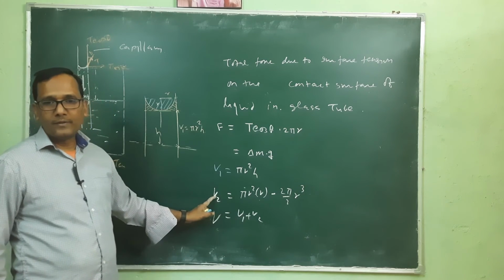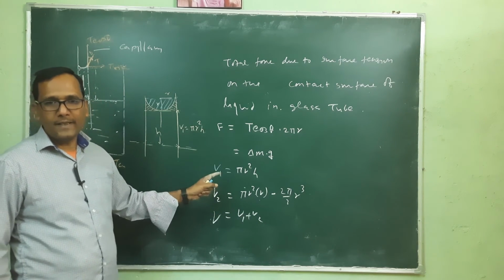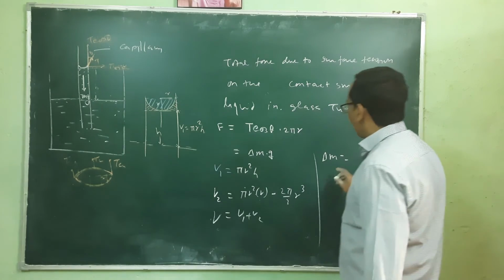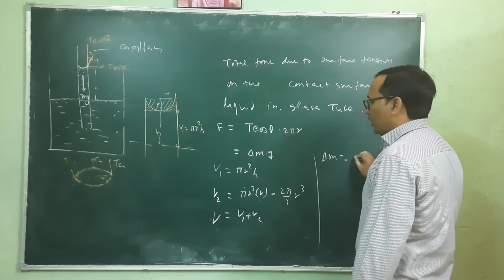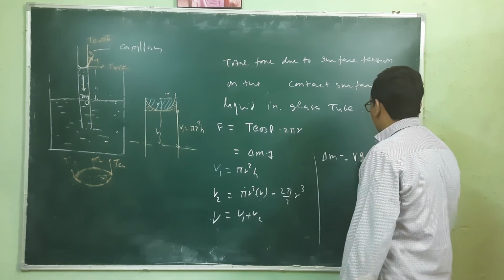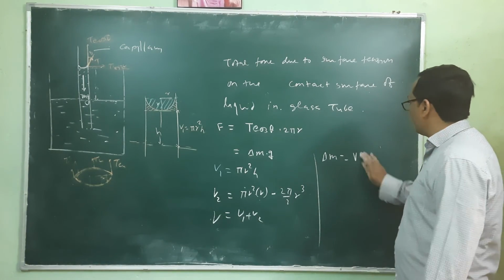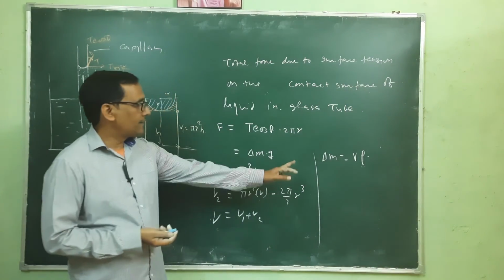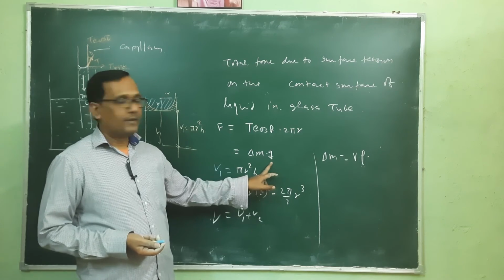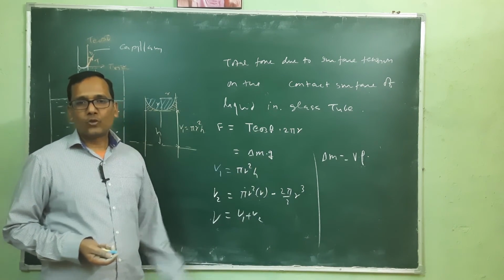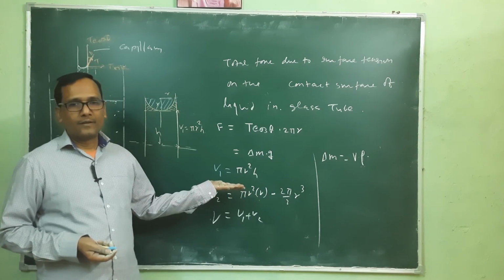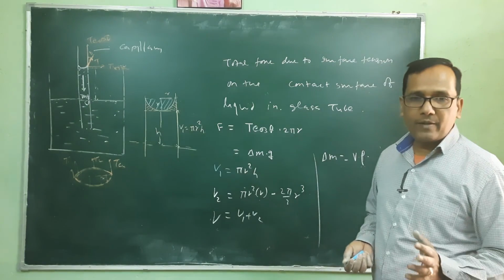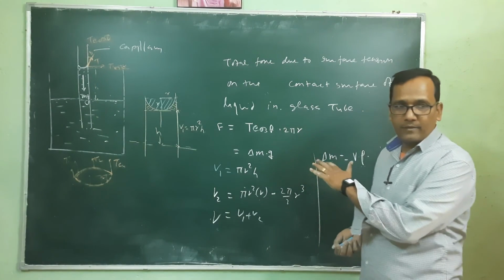This is the volume. You have to multiply it by the density, so the mass is V multiplied by rho. Then the total force will be mg. Now we can compare these two. By comparing, you can get the value of surface tension. So try it yourself. In the next class we will discuss it some more, and one revision is required.